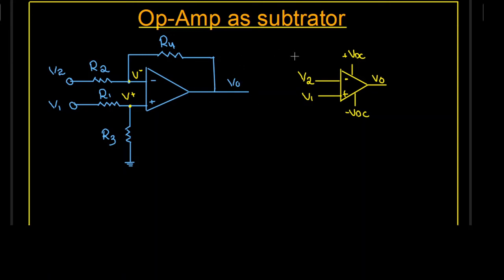In the previous lectures, we studied that an operational amplifier is a high gain differential amplifier whose gain is around 10 raised to power 5 to 10 raised to power 6. So it reaches the saturation level very quickly, and to control the open loop gain of the operational amplifier, we need a feedback. We also said that negative feedback is used to gain stability. So in amplifiers we use negative feedback, whereas positive feedback is used in oscillators.